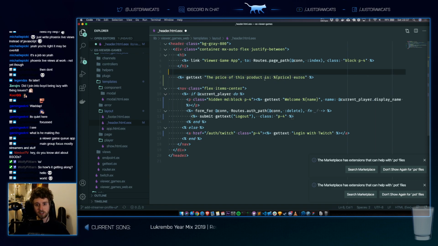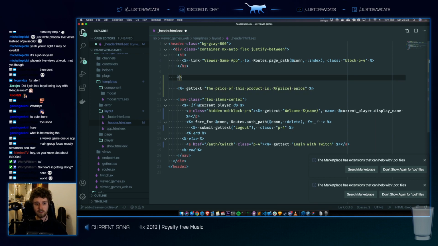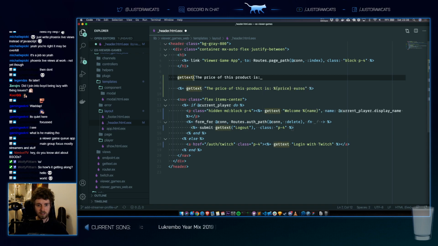In some languages, they might put euros in front of the price. So if I just did the price of this is, so translate this part, and then the price here, and then get text euros.